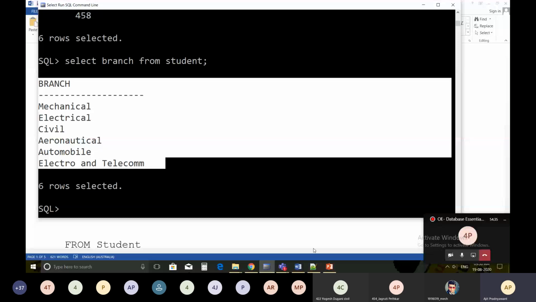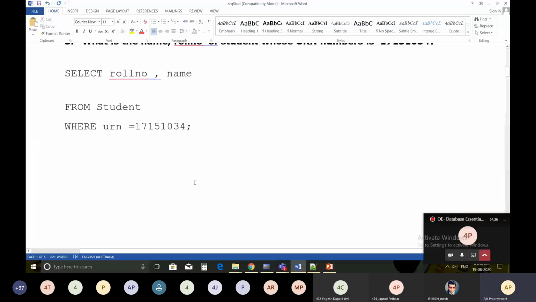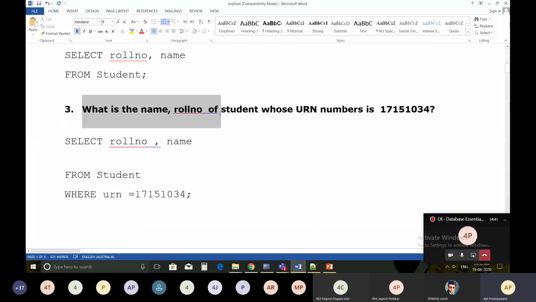Now suppose my query is like this. What is the name and roll number of the student whose URN number is 17511034? So how to write the query? This is the way to write the query.